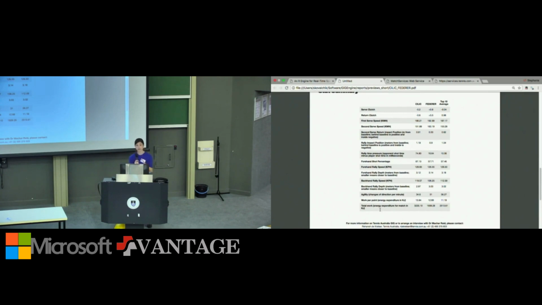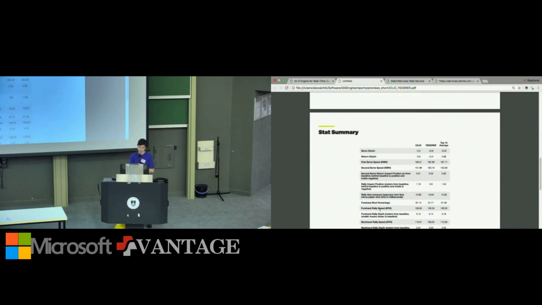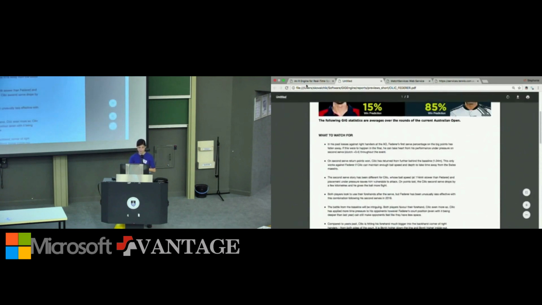So this is a very condensed version of all of the kinds of measures that we're producing. And we found that that's actually an important part of producing a more impactful report. The idea is that this is something we're going to send out to the on-site journalists at the Australian Open who are creating the stories, writing the narratives of what's happening at the event. They aren't data scientists, and they're not going to want to scroll through spreadsheets and spreadsheets, even as interesting as we think they are. So we found it's actually critical to be concise and pick out the best of the best when designing these reports.